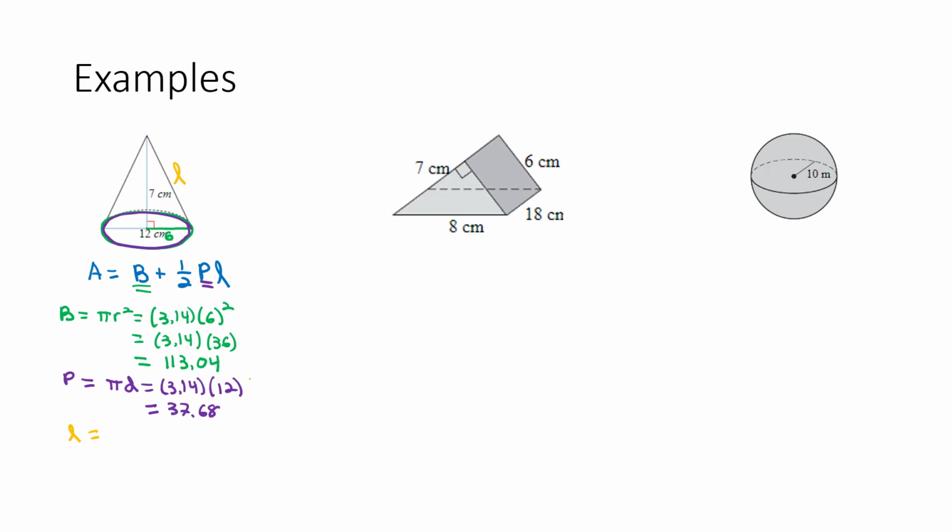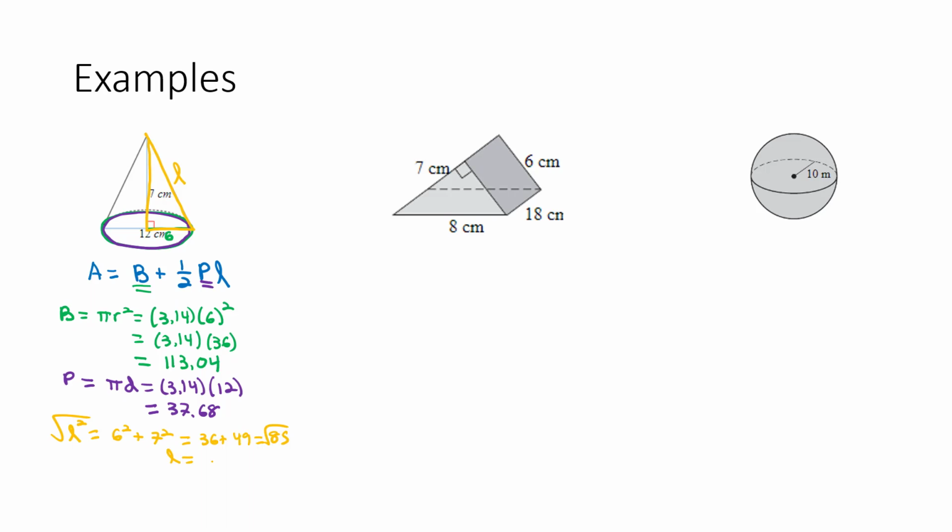L, the slant height, we're going to have to get that off the Pythagorean theorem from the right triangle formed in the center. So a squared is 6 squared plus 7 squared equals the slant height squared. 6 squared is 36. 7 squared is 49. So 36 plus 49 is 85. Take the square root of both sides, and the slant height is equal